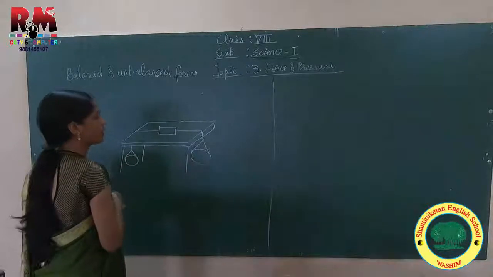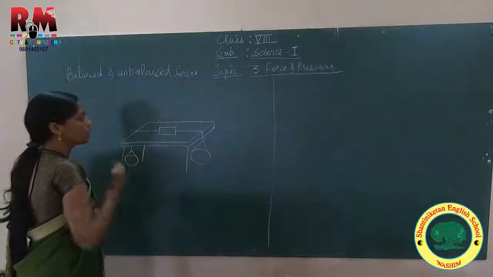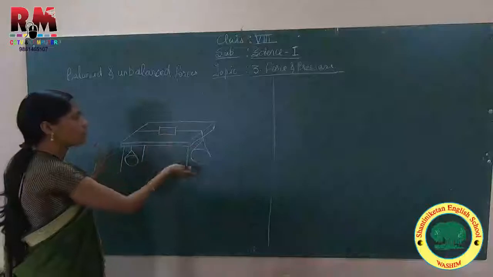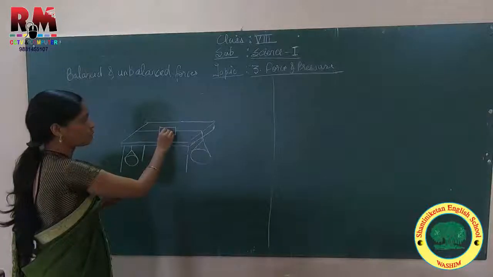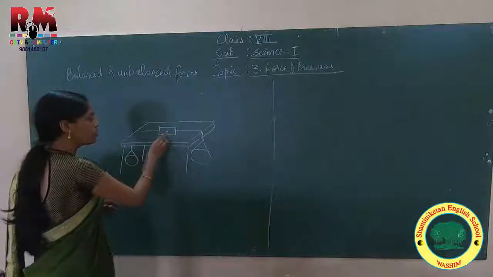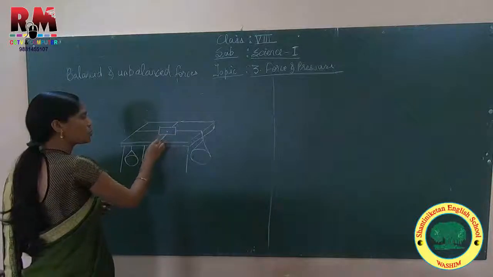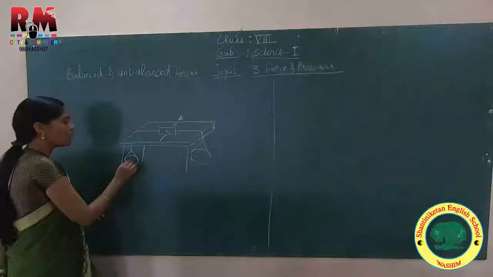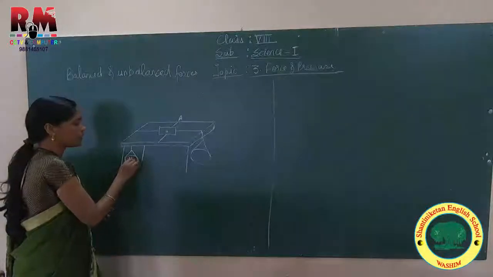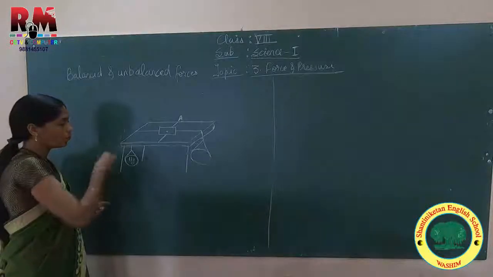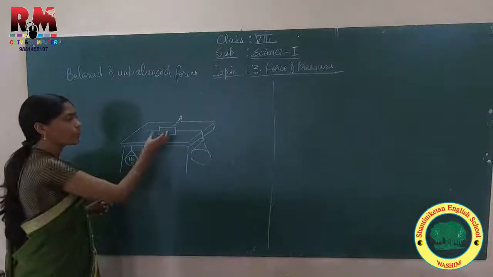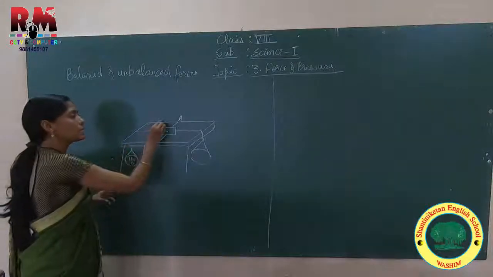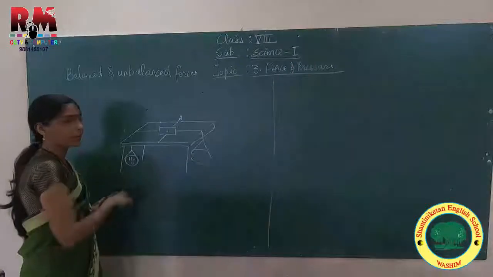or you can take plastic plates also. Okay, now when we place it and just make it still, what you will observe is that it will not move. This particular box is at this particular position. Suppose I have marked this position as A. Okay, and what I did, I placed 1 kg of weight on this pan. What will happen? This box will move. Okay, it will change its position. Suppose it is coming to this point B.